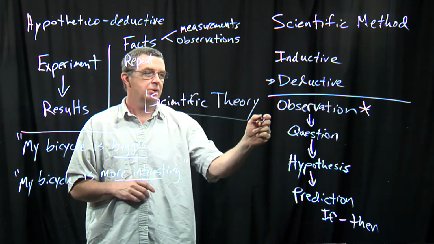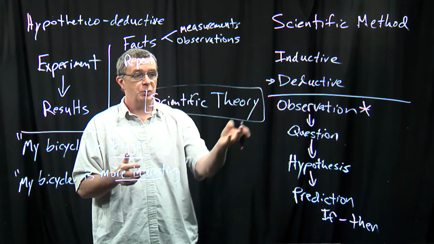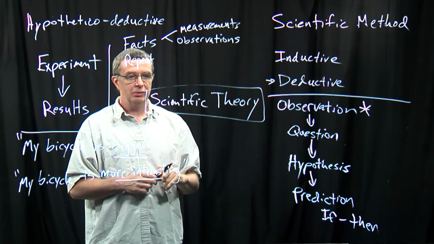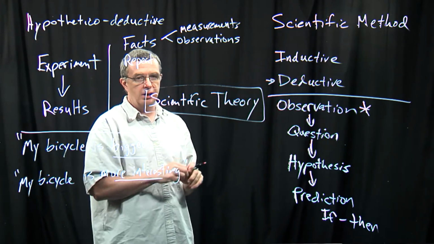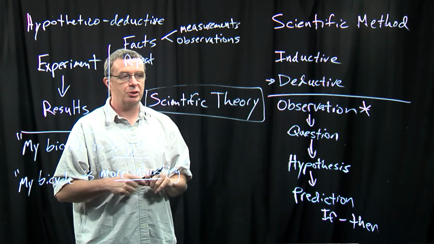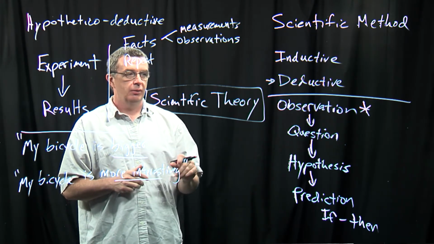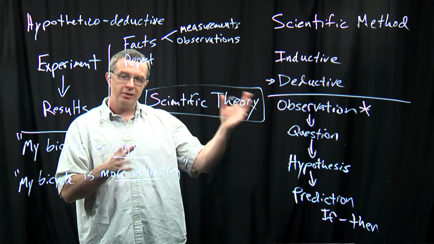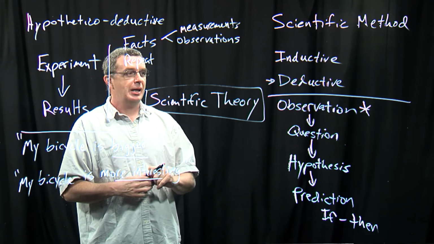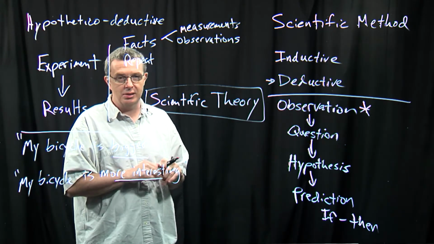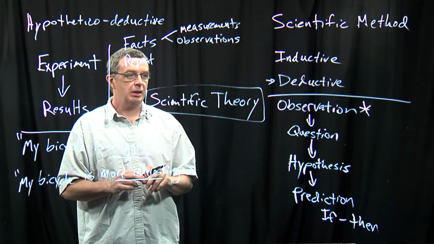This is one of those words that's problematic in everyday language, because people use it in a way that's different than we use it in science. In science, a theory is something that is very well demonstrated, very strong, has lots of different lines of evidence supporting it. Versus in everyday language, we say, oh, I have a theory about that. That's not technically correct. You may have an observation or a hypothesis about that, but in a scientific sense, theory means